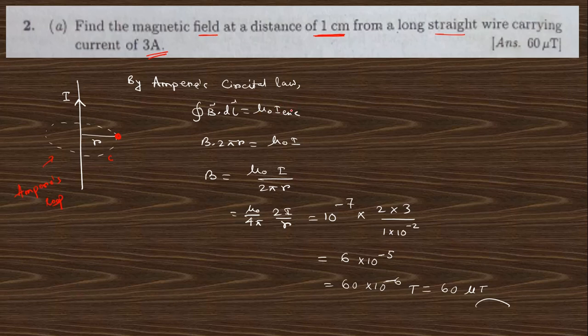So just put this value, you can see that is 2 pi r. From here we will get this expression, that is mu 0 I by 2 pi r. Putting this value, you will get this answer. Clear? Taking mu 0 by 4 pi, which has the constant value 10 to the power minus 7, we can evaluate this, in Tesla. So put this value, and the current is I, and the distance is 1 centimeter taken in meters. So you will get this Tesla, or 1060 micro Tesla.